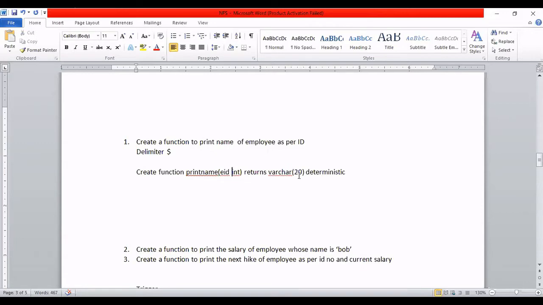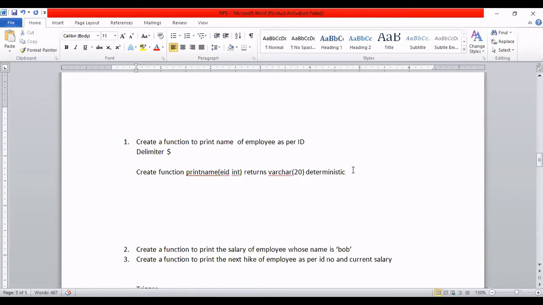Then you can say it is deterministic. But if I am not giving any input, and each time I call this function it gives a different value, the same function, if I call print name without passing any value, it is not specific to any integer, then you can make it non-deterministic. Because we are passing one value, as per that value the function is returning the name. So that's why it should be deterministic.